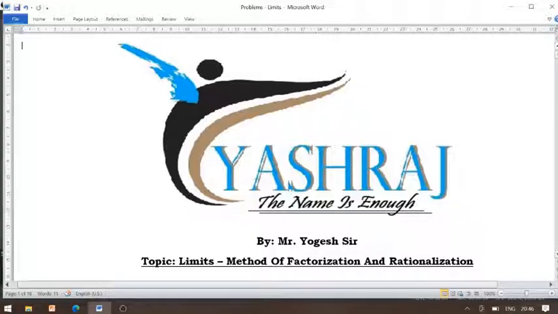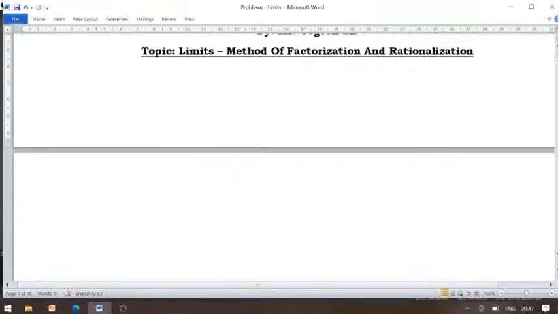So during the previous lecture, we studied about finding the limit by using the direct method, and next to it we have the standard type of limit, that is, limit as x tends to a of x to the power n minus a to the power n divided by x minus a is given by n into a to the power n minus 1. Now in this lecture we are going to discuss how to find the limit by using the method of factorization and the method of rationalization. So look at the first problem